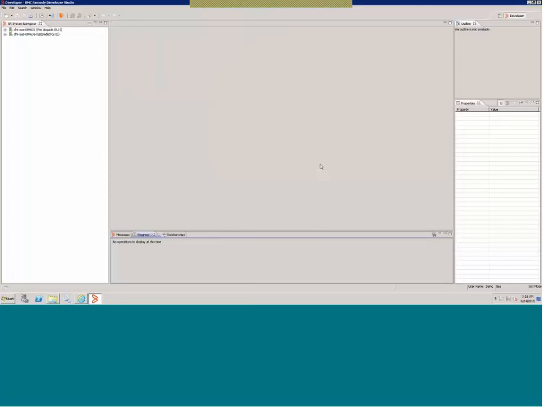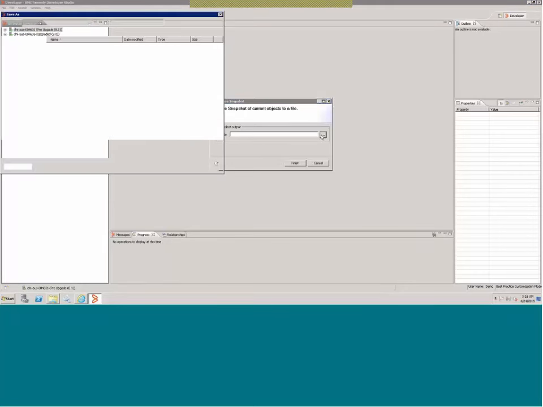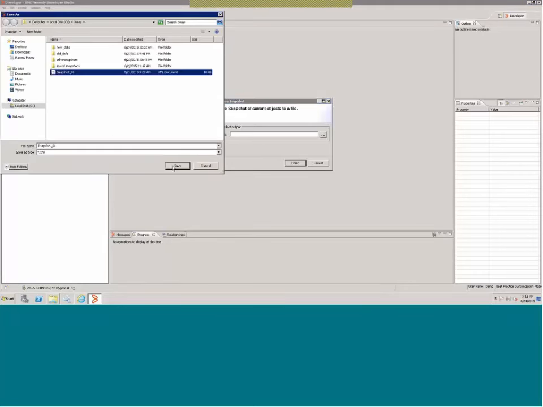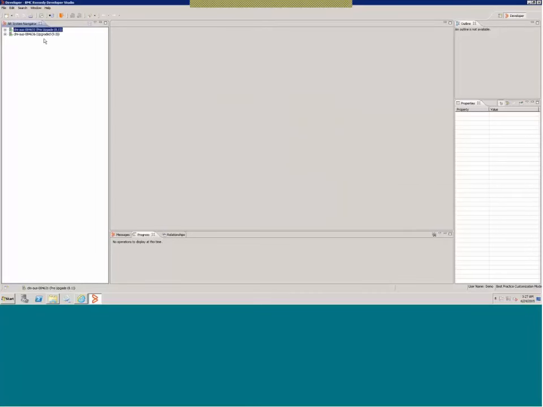Before I show you the reconciliation, let me tell you how you capture the snapshot of the server. On the server which is not yet upgraded, when you right click, you will see this capture snapshot option, and here you can specify the snapshot file where you want to store the snapshot. I'll not do a capture snapshot now. I'll directly assume that I have already captured it as part of the upgrade, and I will use it to get the list of objects that I need to reconcile.